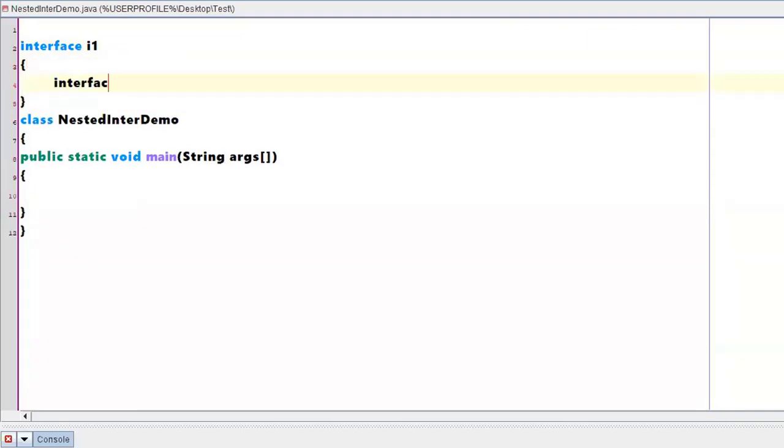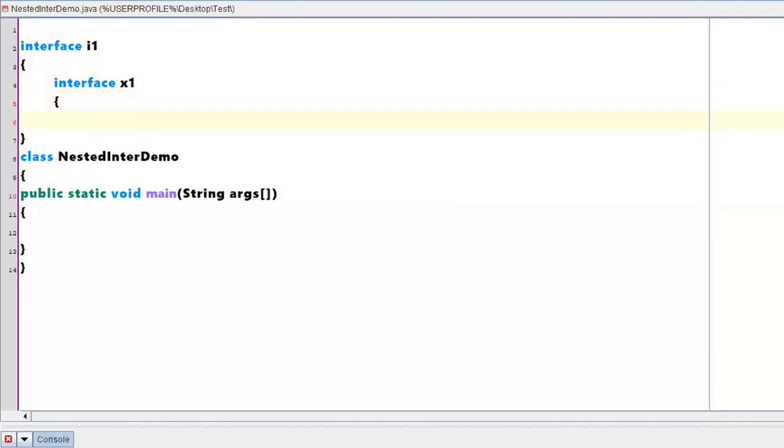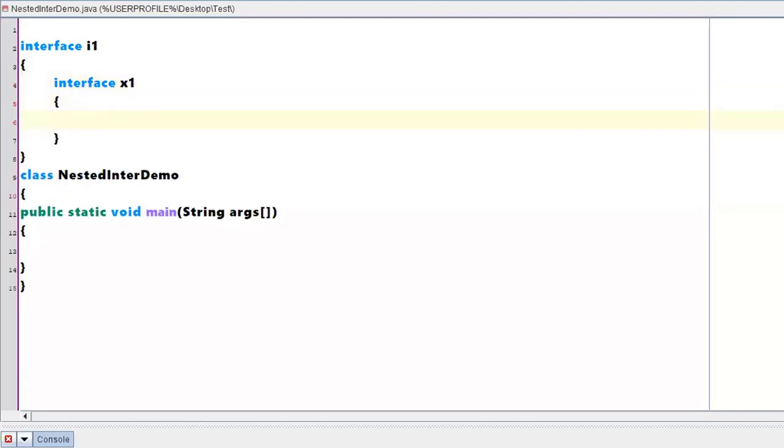Inside the interface I1, I am creating one more interface which is called X1. Inside this X1 interface, I have a method called M1. Nested interfaces, right? An interface within an interface. In the inner interface, you have a method called M1.